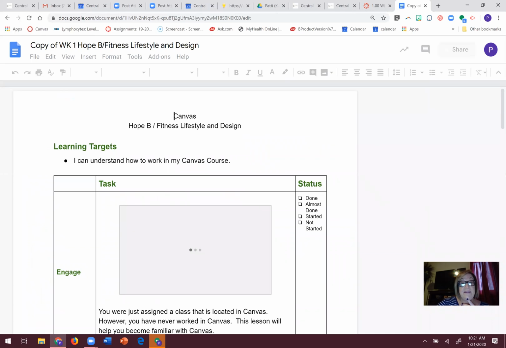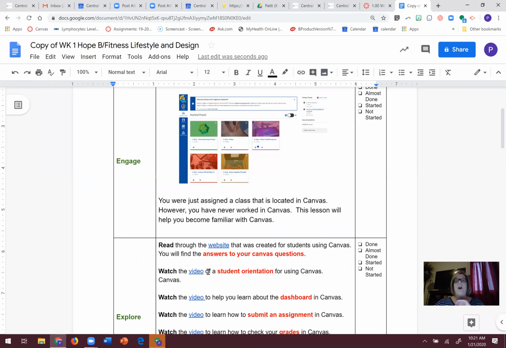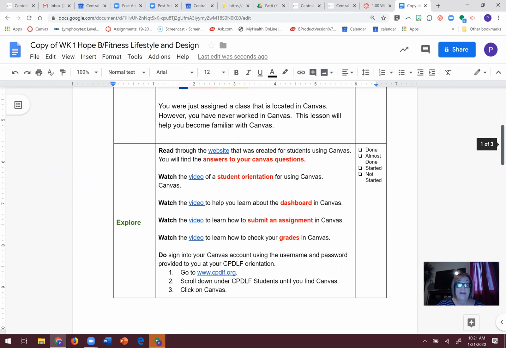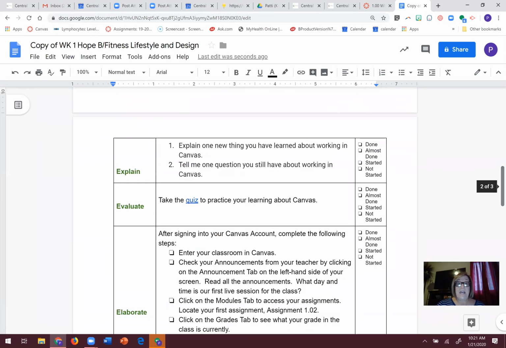And by doing this, by making your own copy, you are able to actually answer all your questions that are on the 6E format. Now remember, you will only have written assignments due for the explain, the elaborate,